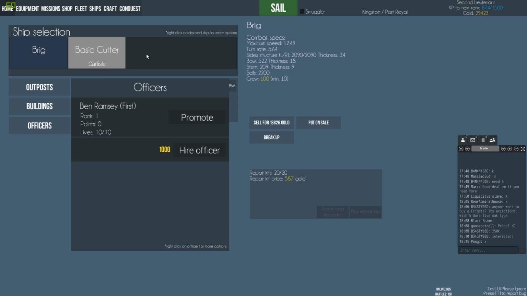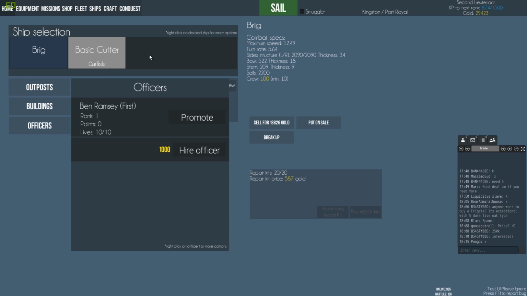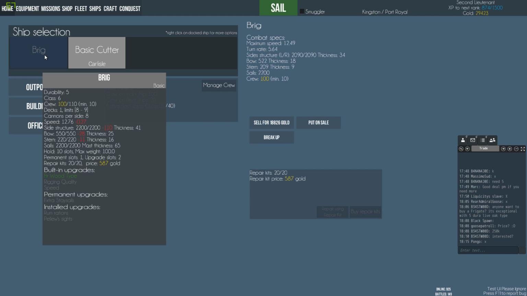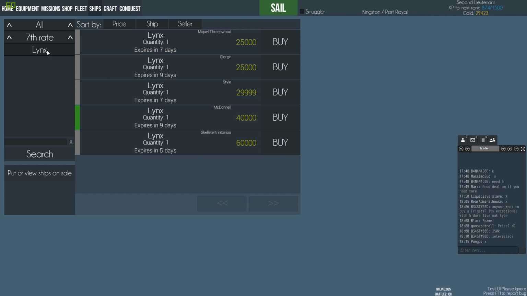Now I don't have an awful lot of gold. I've only got 29,000 gold, so I'm going to waste a little bit. Because I don't know whether that cutter is the cutter I have in my fleet, or whether it's because it's in Carlisle, it's not in my fleet. We'll come out of officers for the minute, and I'm going to come into here, ships, and I've been looking